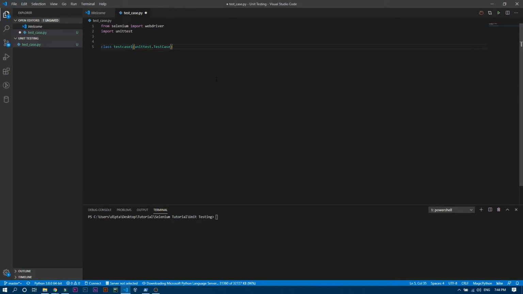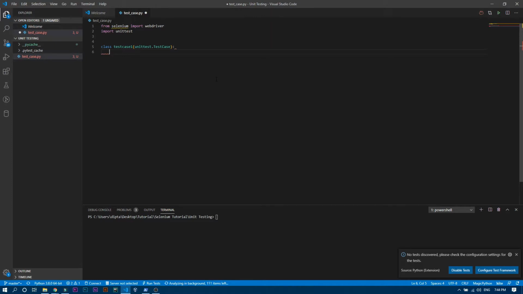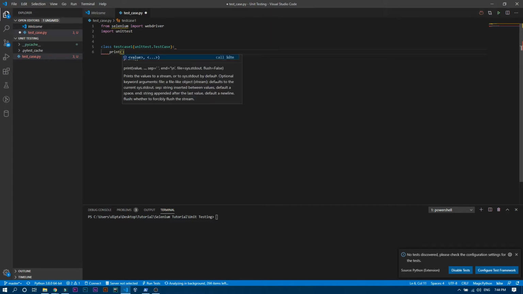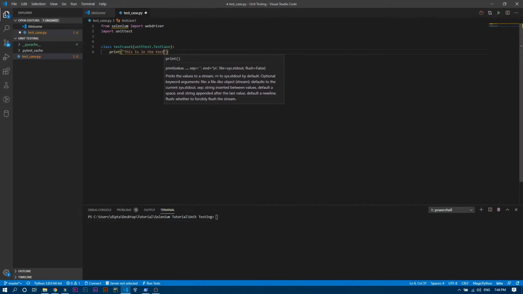Inside this class, first of all we will see how to actually use this class, then we are going to see the basic syntax of a test case. For example, I'll just write print, in double quotation, this is in the test case 1 class.